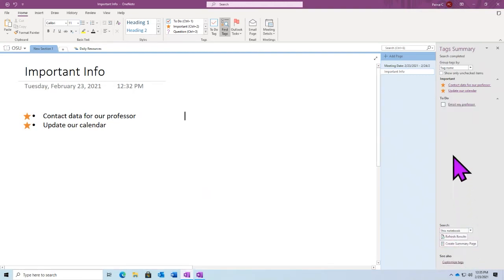I'll refresh, and we get an entire list of our tags that we've created. We have important tags here, such as the ones on this page, and we have our to-do list from our daily resources section. So we're able to see all of this information in one place, and we can choose to create a summary page at the bottom of this menu here.